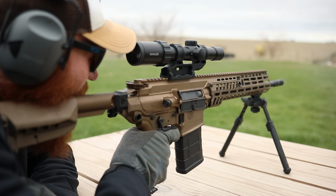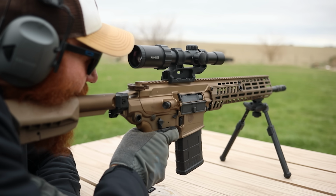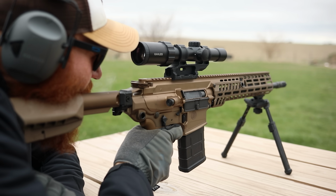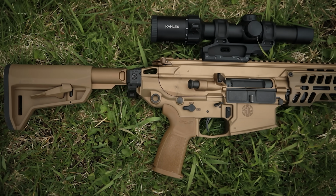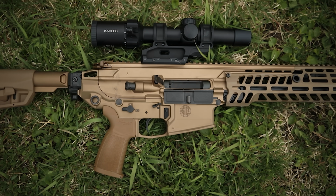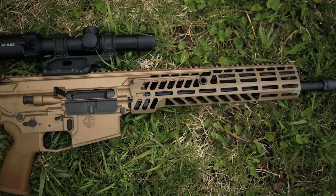308 has a lot of perks. It gives you good ballistics. It gives you a large bullet that's great for hunting, that's great for target shooting. It's not as good at long range as maybe it used to be with the advent of 6.5 and 6mm cartridges, but it's still real good, and it hits very hard, and it's relatively affordable, especially if you get milsurp and stuff like that. So it's a good caliber in a really cool rifle, and I want to compare this